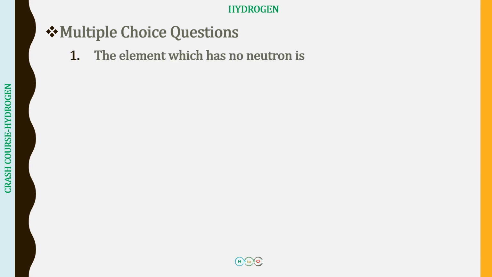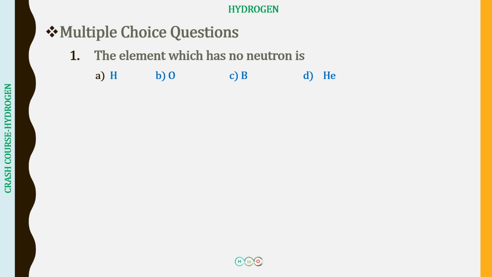So the first question which I have is: the element which has no neutron is... This is just going to be an introductory 5 questions which are also there in lecture 1 from the course hydrogen. So the first 5 questions will deal with the topic that we have covered in lecture 1. Again, whatever we are discussing over here, all the points are given in that detailed course, so you can go back and watch those lectures if you want the detailed notes. Fine. So the element which has no neutron is: hydrogen, oxygen, boron or helium.